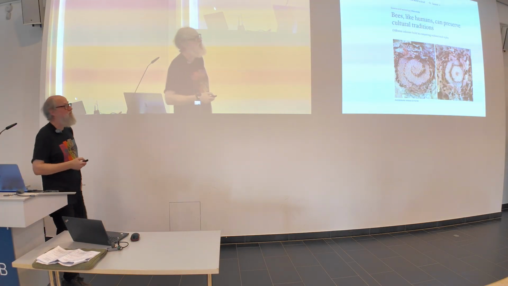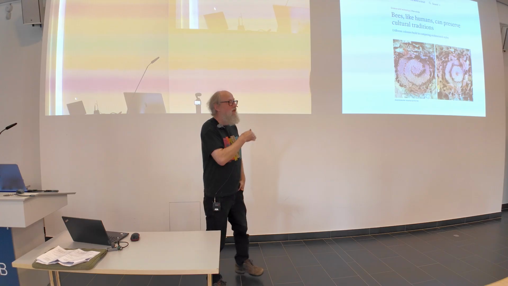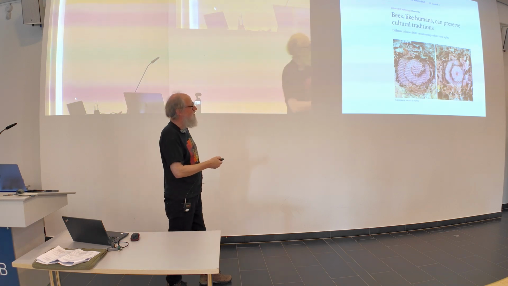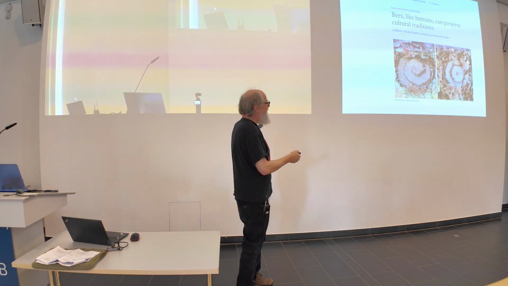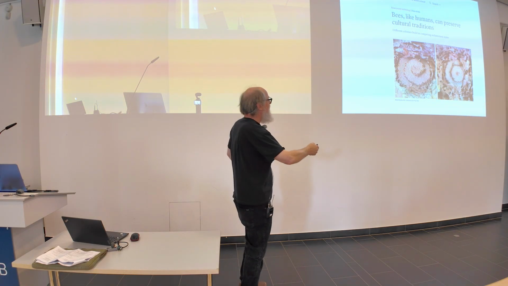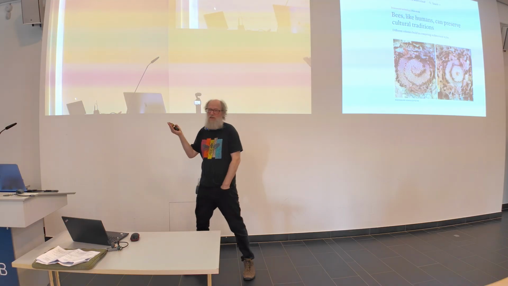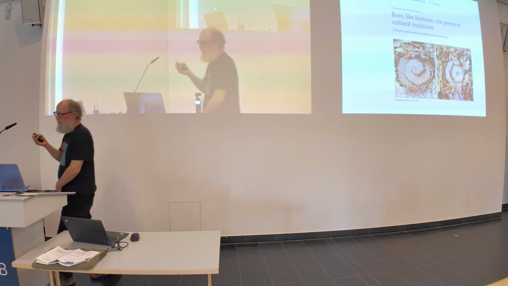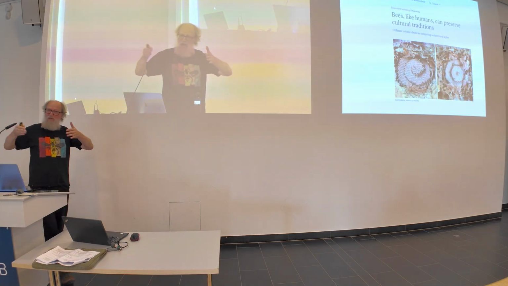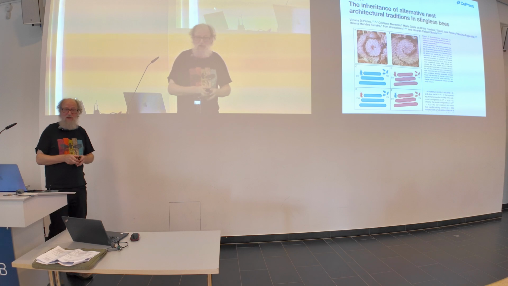So here's an example. This is not our work, but this is a Brazilian study of within species variation of colony constructions. Again, the combs, like in the Partamona example that I showed earlier, are horizontal, but some colonies in this species build several parallel layers on top of each other, whereas others of the same species build these kinds of spiral shapes. And of course, that is exactly the kind of scenario that's useful to explore for whether such within species differences might either be genetic or whether they're at some level culture or something else. Turns out in this case it's something else.